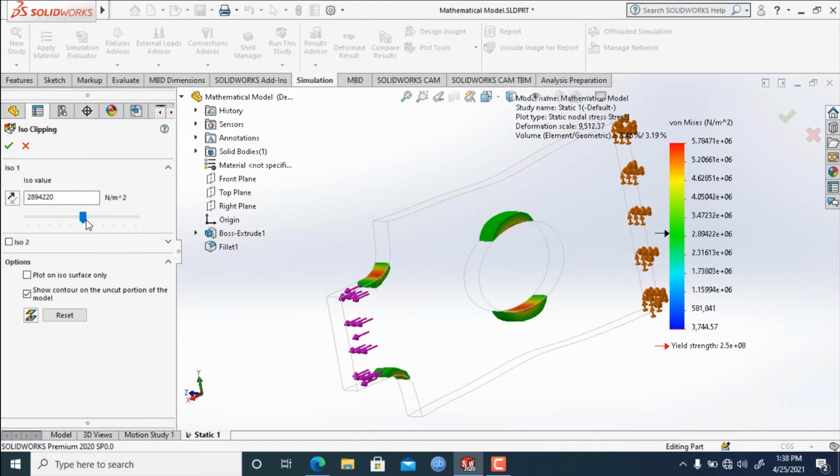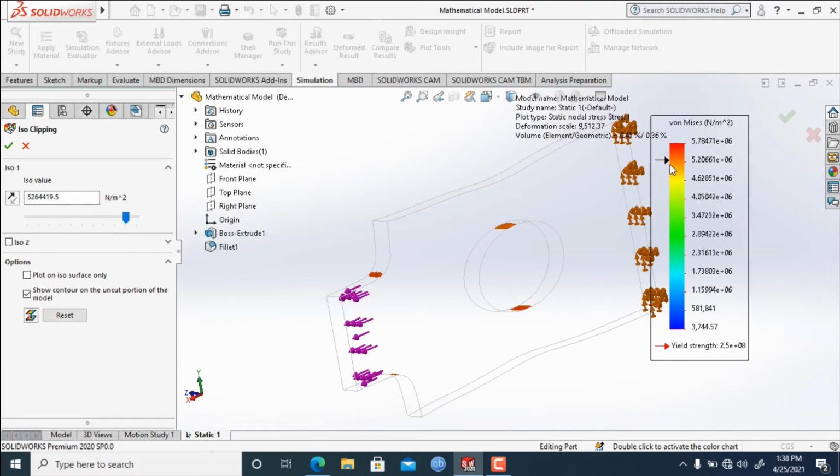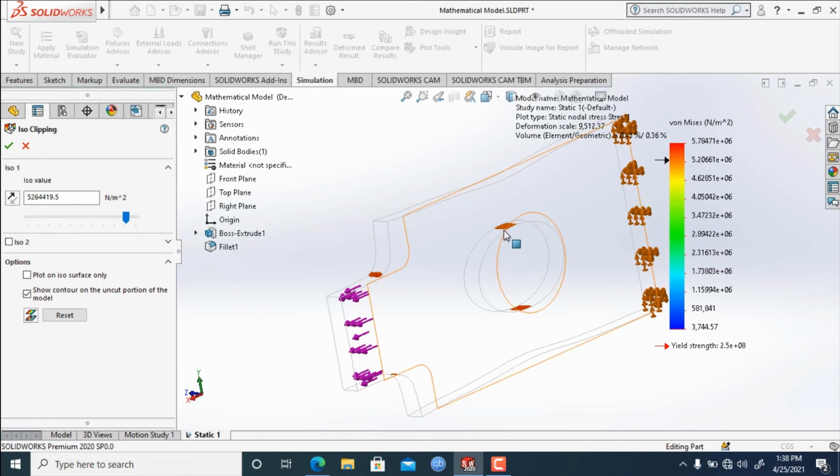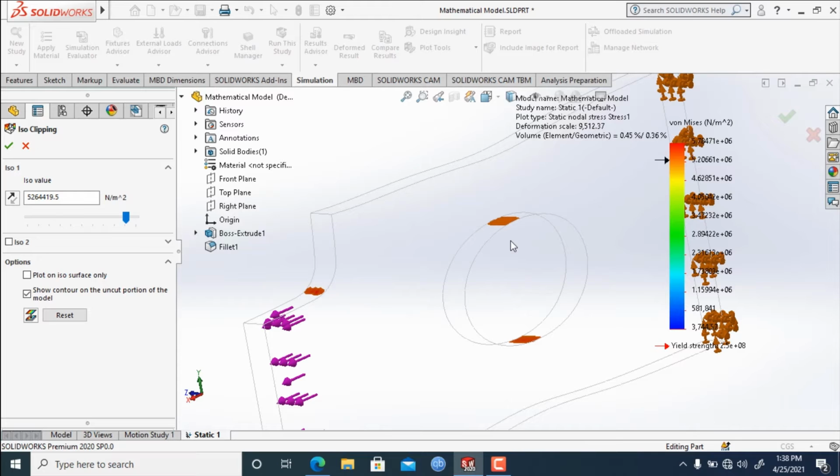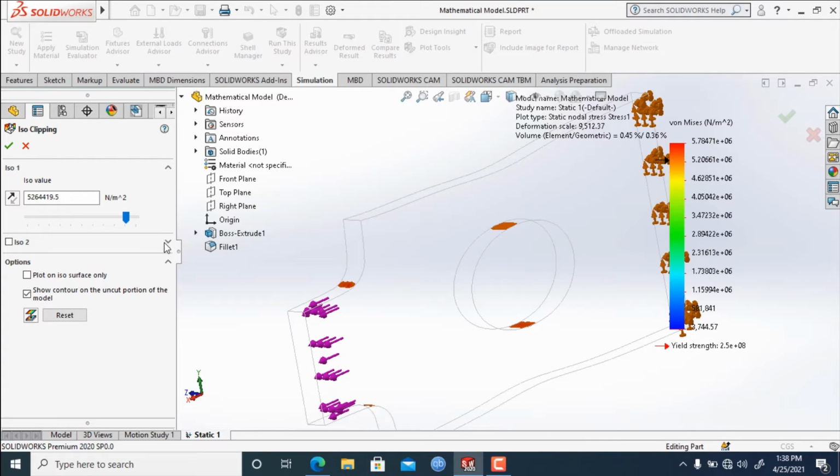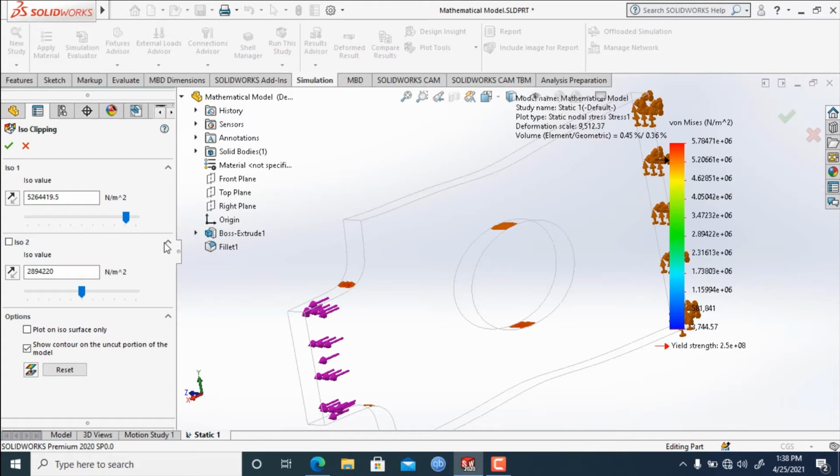If we drag it up to this point, 5.62, we can see these are indicating what amount the stresses are applied on this section right here. And then if we drag down this bar right here, we can again select the value we want to show the amount of stress.